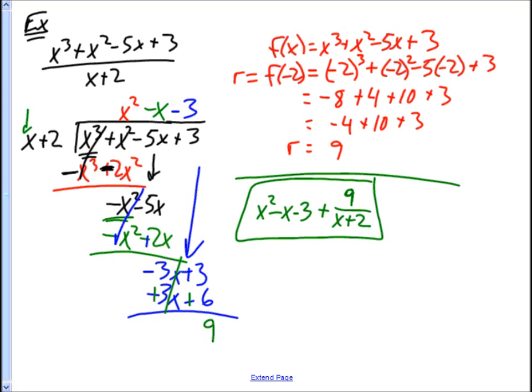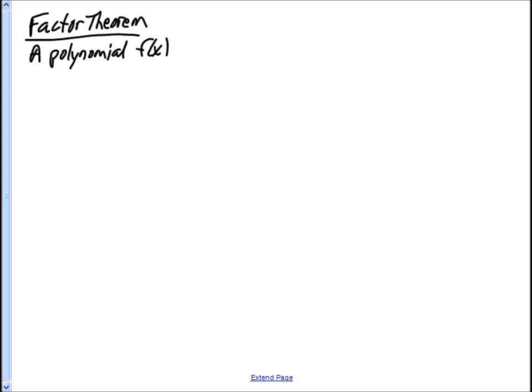So hopefully you're kind of getting the hang of this polynomial long division. Let's talk about the factor theorem now. The factor theorem. Okay, the factor theorem says a polynomial f of x has a factor x minus k if and only if, that's what that means, IFF, if and only if, f of k